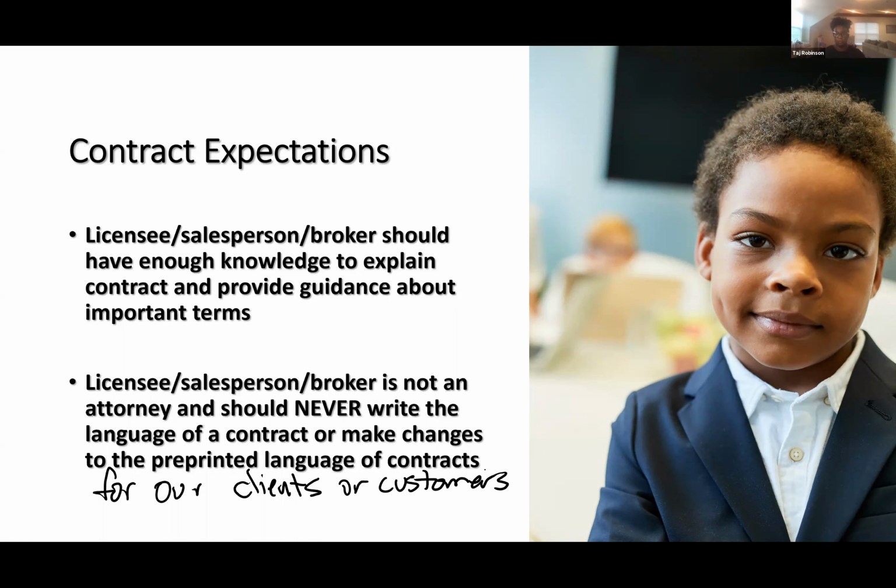Because again, he's not a what? Attorney. Not an attorney. They're not asking him for transaction advice. They're asking him for legal advice, and he's not qualified to give legal advice. Does that help everybody kind of get it in your brain, like what can and can't be done in that situation?